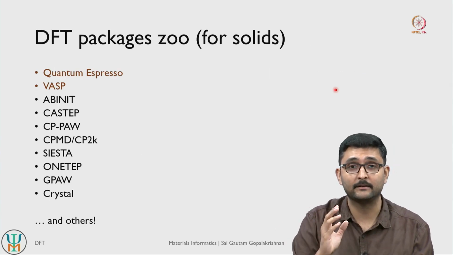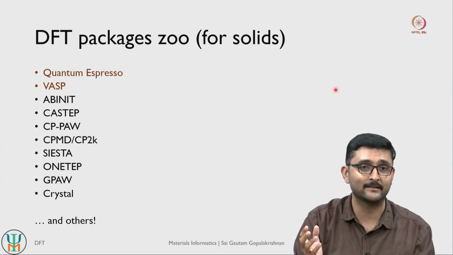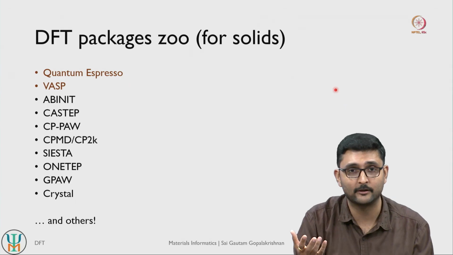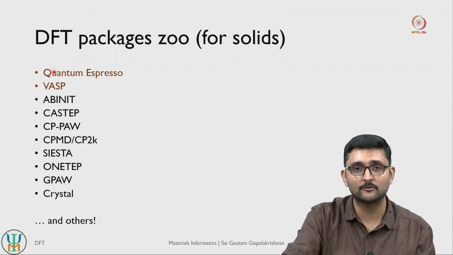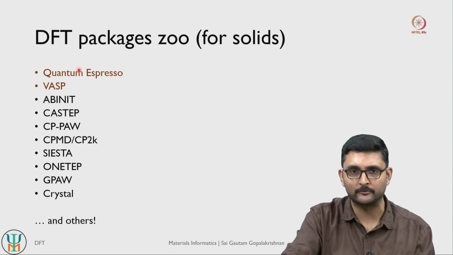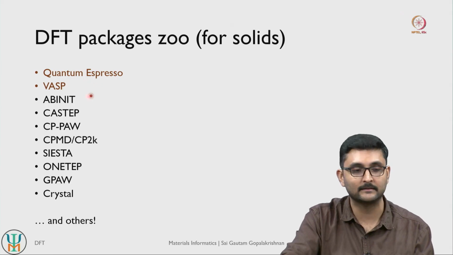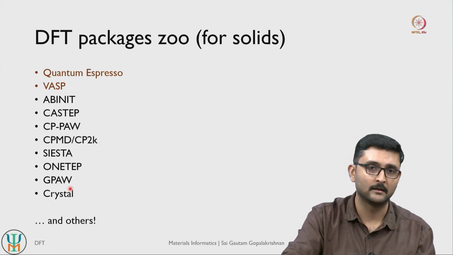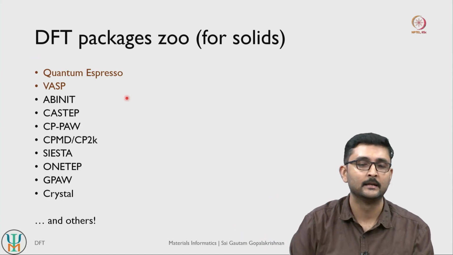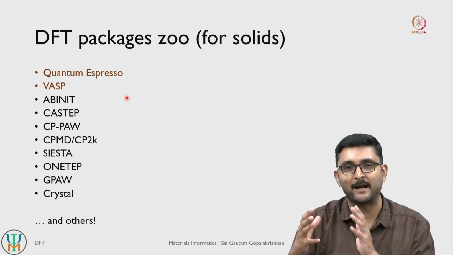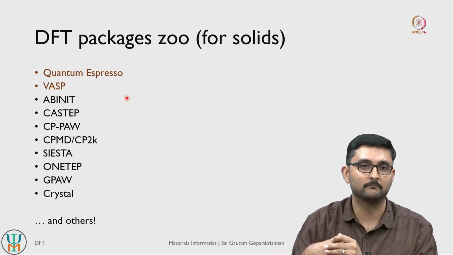Okay. So in terms of actually doing a bunch of calculations, there is again a whole zoo of packages available. You don't have to write a DFT code from scratch; you can use one of these packages. Quantum Espresso and VASP are the most popular ones for solids. Quantum Espresso is open source, which is what we will be using in our hands-on exercise. VASP is proprietary, so you will have to obtain a license. There is a whole suite of other codes available. Some are open source, some are licensed or proprietary, and each package has its own strengths and weaknesses, and there are also biases that come in from existing users.